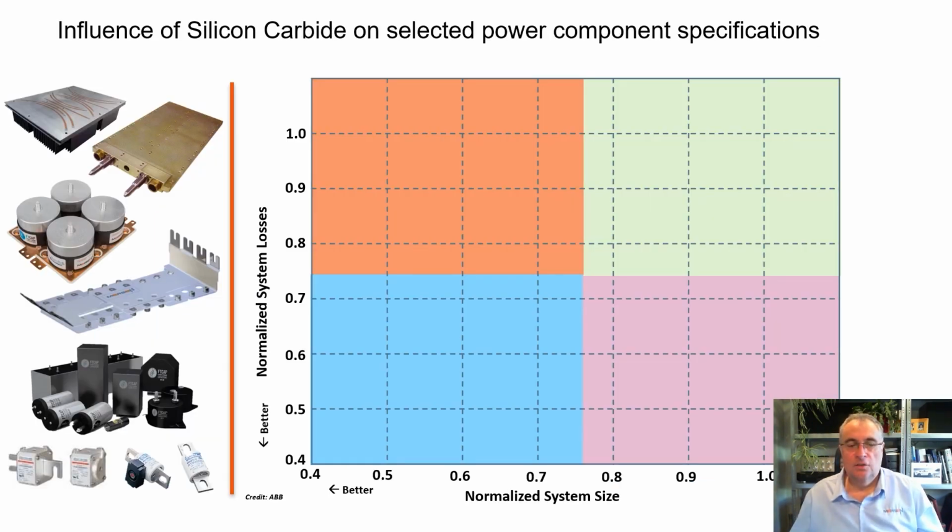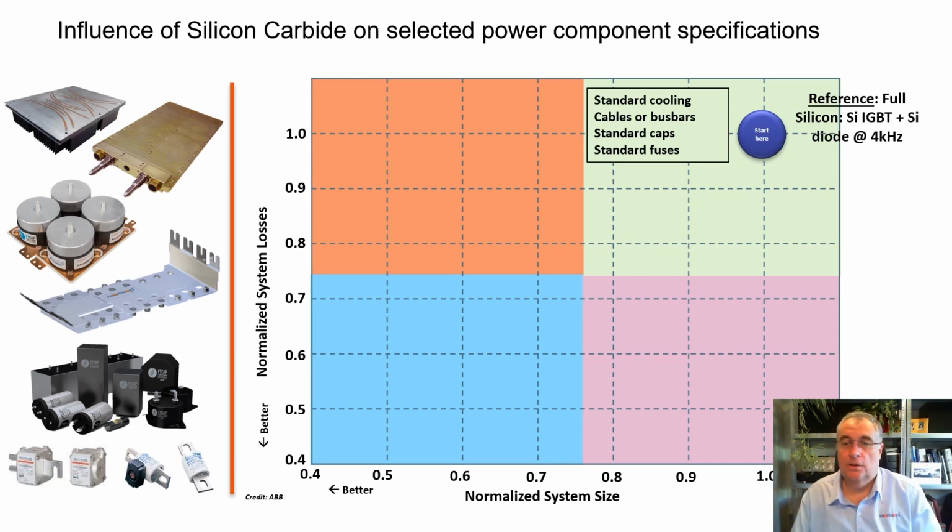So let's see some very important impacts of silicon carbide on surrounding devices and components. Here you have two axes. One is the normalized system size, meaning the size of the inverter. The other, the y-axis, is about the losses, in other words, the efficiency of the conversion. So if we first position